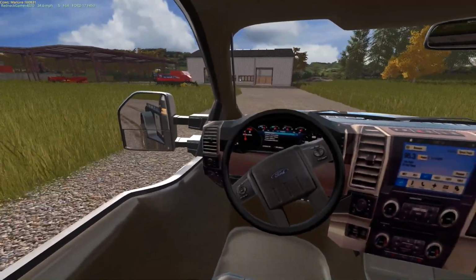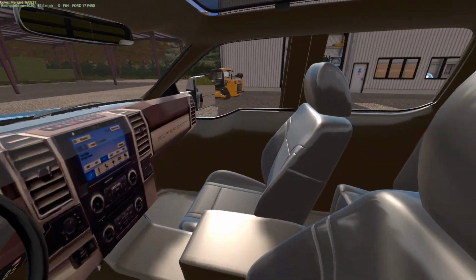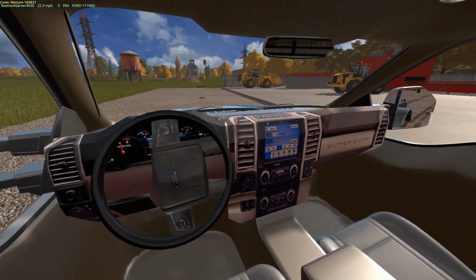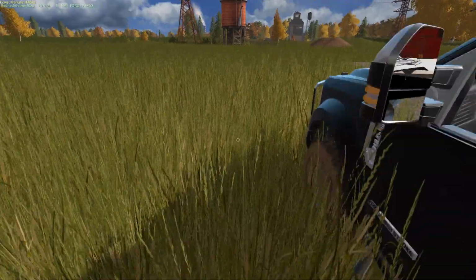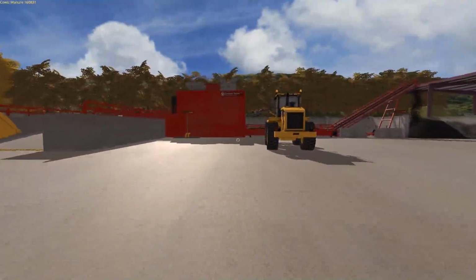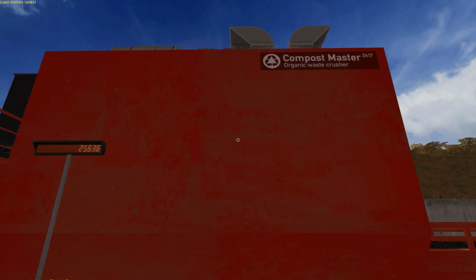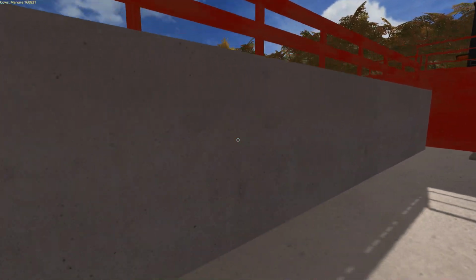So obviously we have our pelletizer plant thing here, where we can make the pellets for stoves and whatnot, for heating basically. You have bale storage here, and here is where all the action really takes place. We'll go ahead and park out of the way here. So this is the Compost Master 2K 2017, as you can see. Organic waste crusher. So all you really got to do is give it some gas, and then